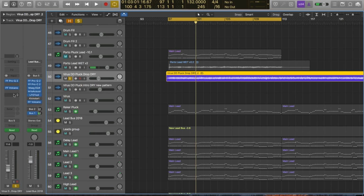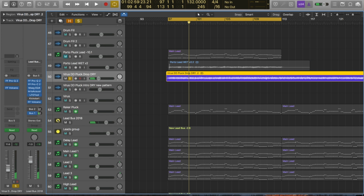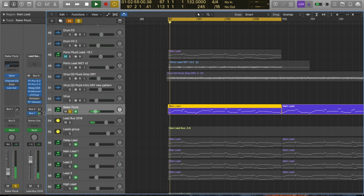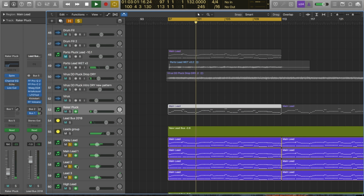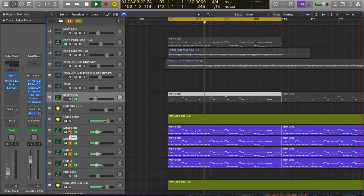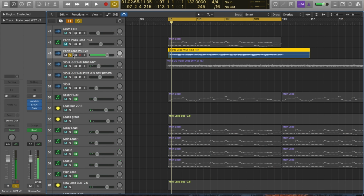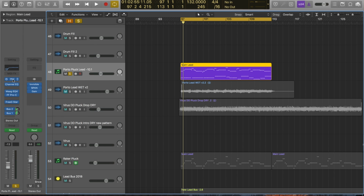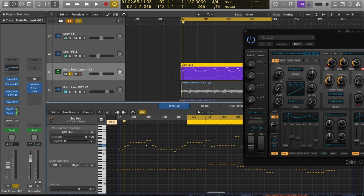Got the pluck from the intro, but it's filtered down as well, and that filter opens up. Also got another pluck, again that's filtered down, as well as the rest of the main leads there. But really you can only notice this one. So I've used a plug from Spire, and to get this type of sound, as you can